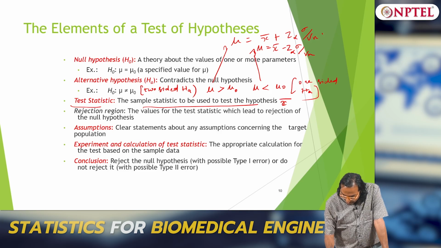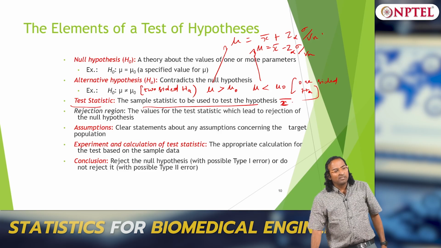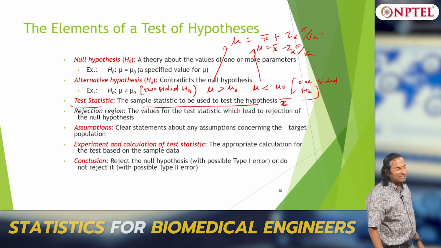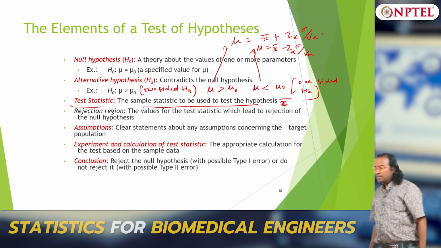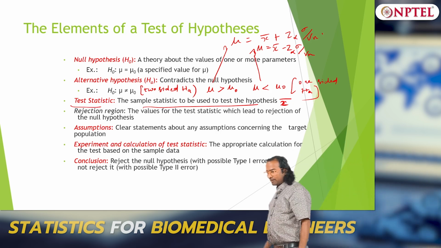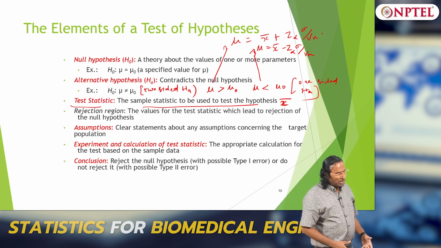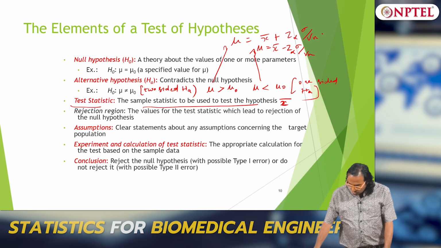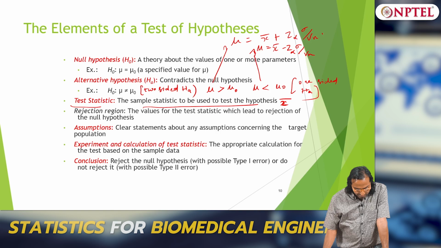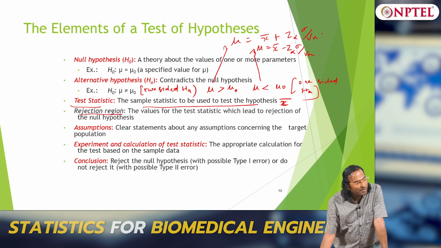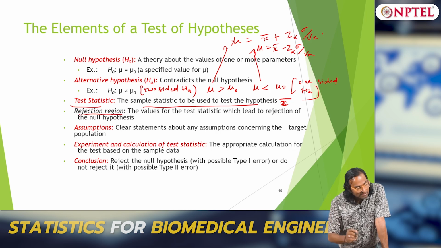I told you what a sample statistic is, it is an estimator used to estimate the population parameter, in this case it is going to be x bar. And what is your rejection region? How do you determine the rejection region? For a two sided, anything greater than mu plus or minus x bar, plus or minus.